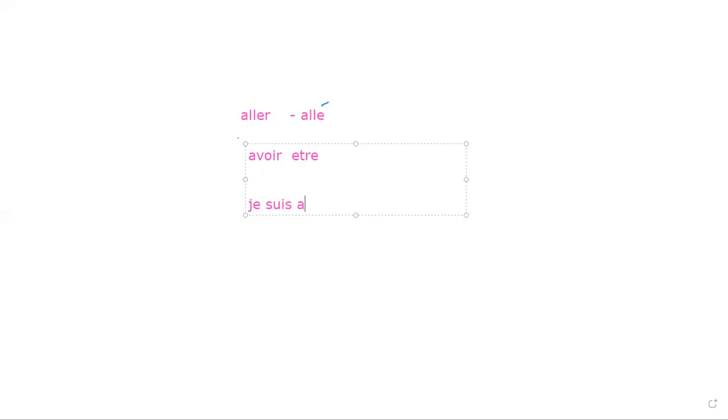Répétez après moi. Je suis allé. Je suis allé. And É we have. Say clear. Yes. Because why je suis allé? Because we have the être family, which is converted. So I will say je suis allé, tu es allé, il, elle est allé, nous sommes allés, vous êtes allés, and ils, elles sont allés. C'est clair. Yes.